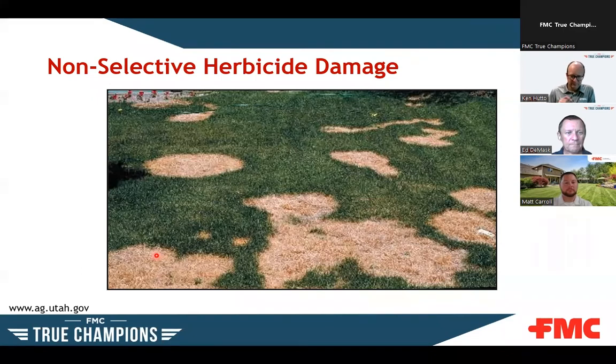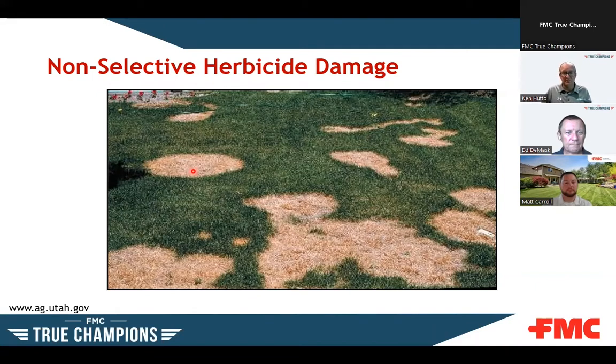But if you look more closely and ask more questions, and questions are important, you see this is a very distinct circle here, very distinct circles here. And notice the turf type you have to consider is also a key. This is a cool season turf. There's no turf grass regrowing or any signs of regrowth in these patches. So those are indicators that you can look for to discern whether or not it's a disease or something else